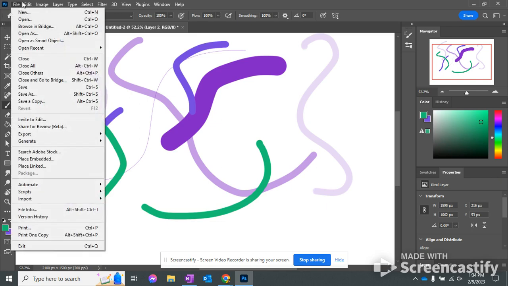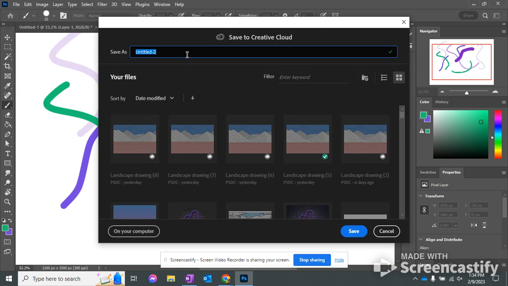Let's talk about saving really quick. So we're going to go up to File. We're going to Save As. I would highly suggest naming all of your titles. As you can see, my landscape example that I have here, I labeled landscape drawing, and then it just saves it every time. So it has a new thumbnail for each version. This is also because I use it on both computers, so you guys won't have as many versions of it if it's the same computer. Please label